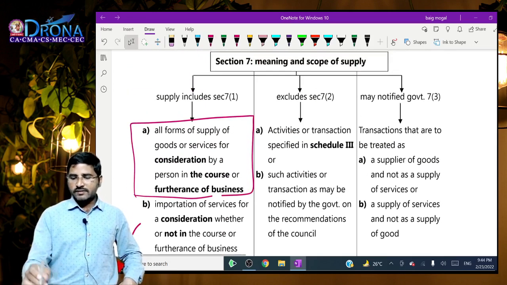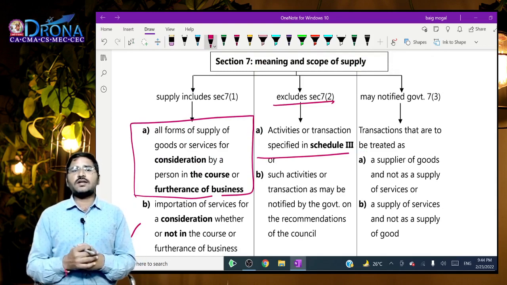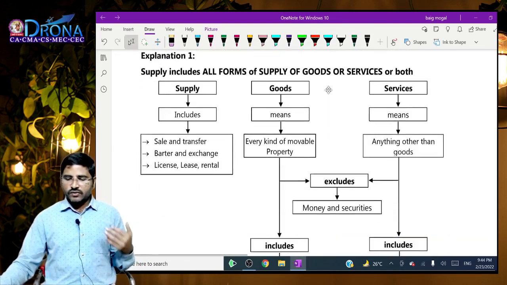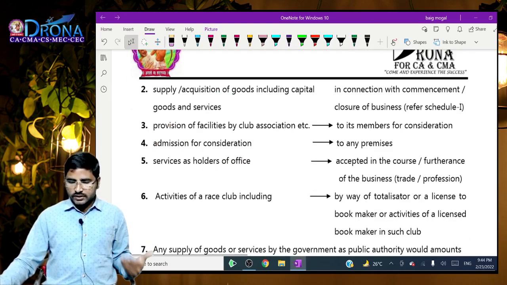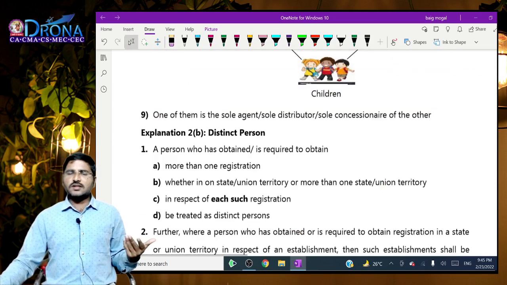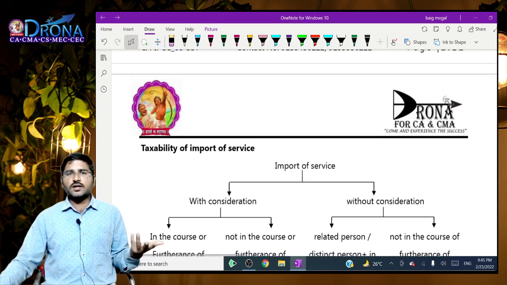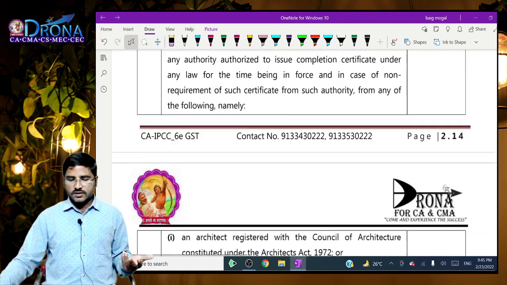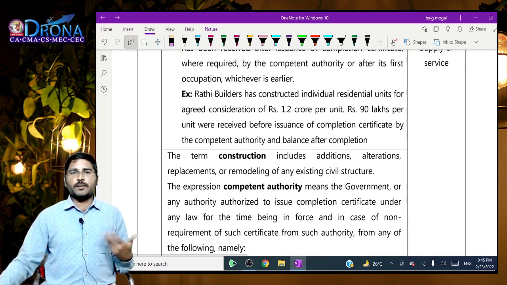And next, Section 7, subsection 2, under which Schedule 3. The matters which are given under Schedule 3, even if those are transacted without consideration, the transactions specified in Schedule 3 are neither a supply of the good nor a supply of the service. That means the transactions covered under Schedule 3, generally you may identify as a supply of the good or service. But for the purpose of the GST Act, those transactions are neither a supply of the good nor a supply of the services. Out of which the first transaction, transaction between employer and employee,